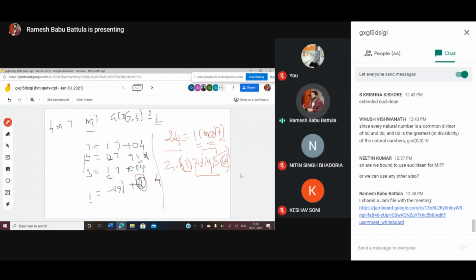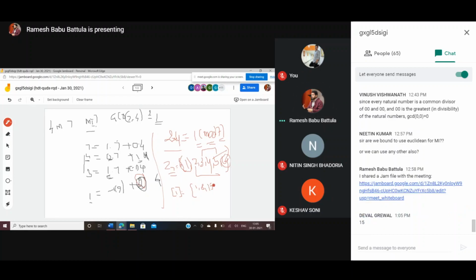That's why I told you there is this class information. There are subclasses, classes information is there. What is one class? Suppose I write one class. This is the one class represented. What elements are there in one class with respect to Z7? 1 is there, then 8 is there, then what is the next number? 15 is there, then the next number 22 is there, and so on.